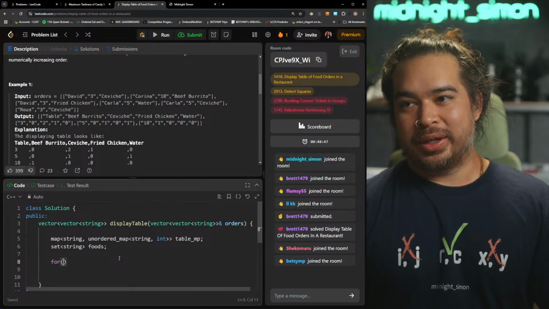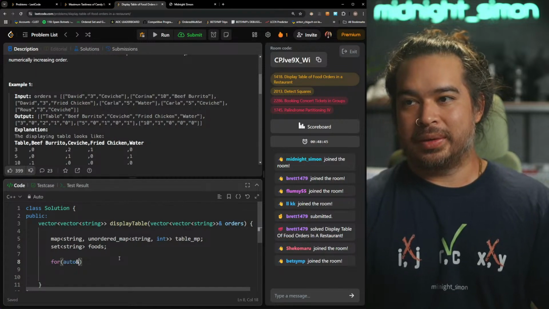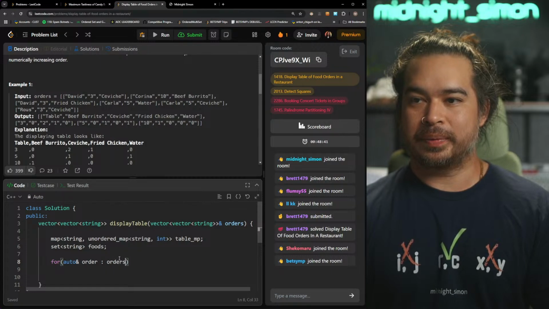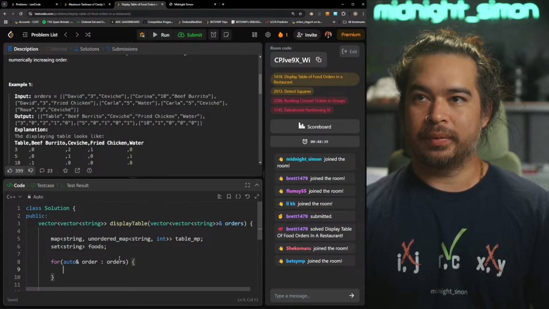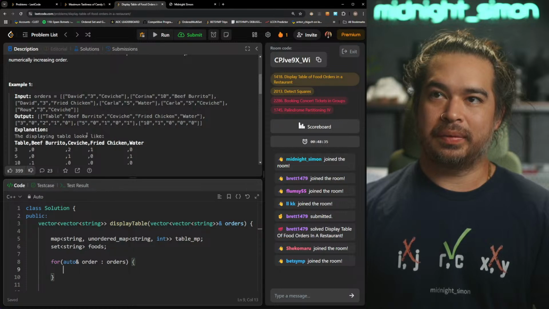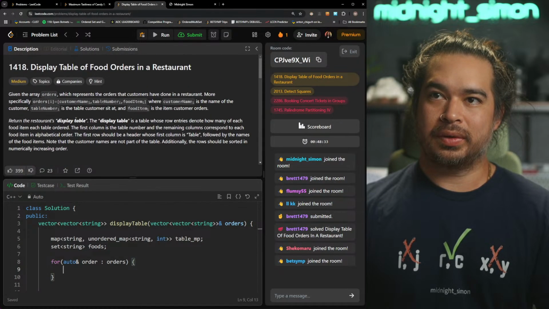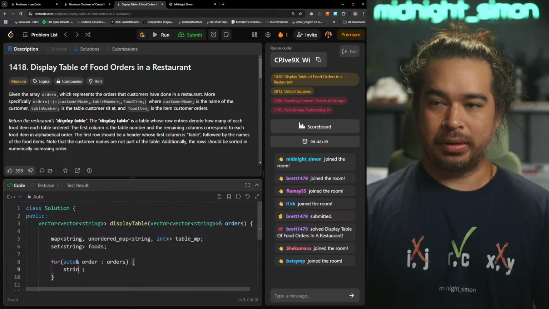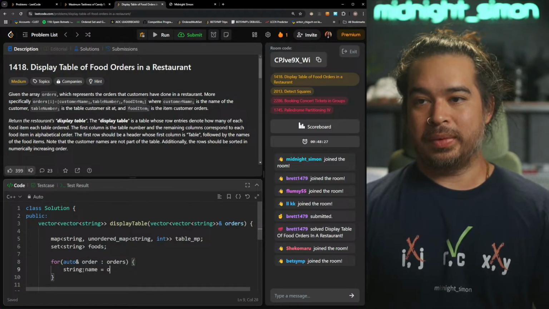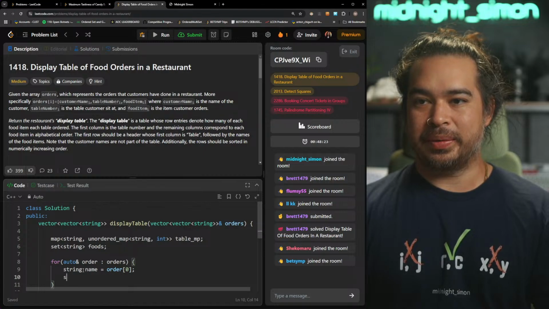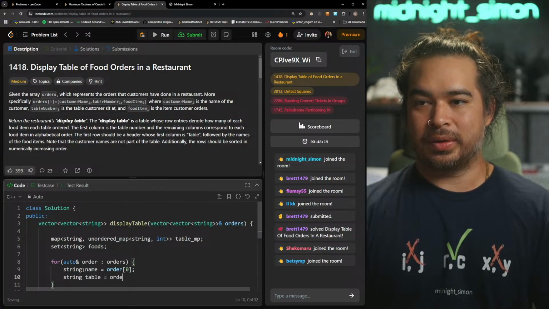All right, let us iterate over all the orders. And then so it's 3 items. So I can be like name is order 0. So the name is irrelevant here. Table is order 1.